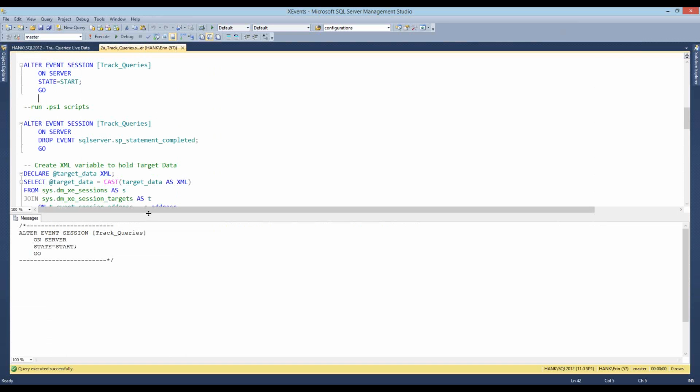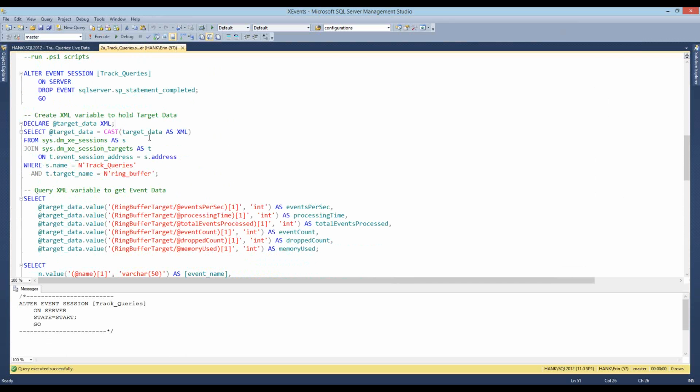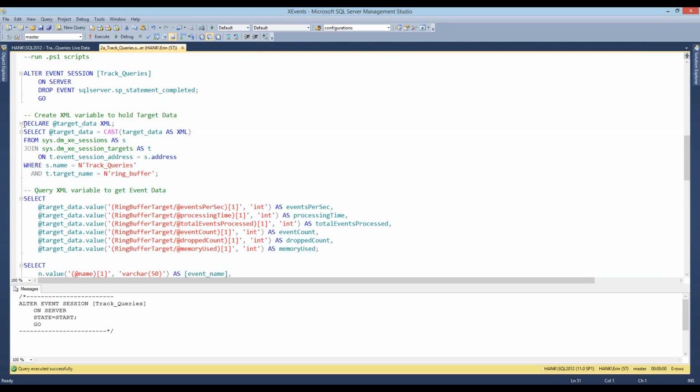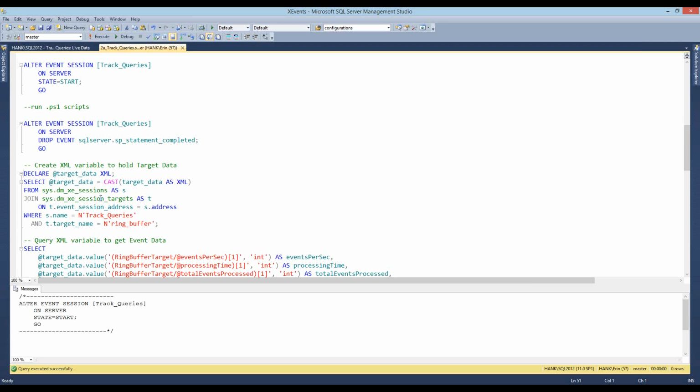Now, in our event session definition, if you remember, I wrote data not just out to the file, but I also said to go to the ring buffer. Querying the ring buffer is time-consuming, and it's expensive. But one of the things that I want you to be aware of is that if I've set it up so that my target is the ring buffer, I can stop collecting an event, and the information will still be in the ring buffer. So I'm going to go ahead and run that query.